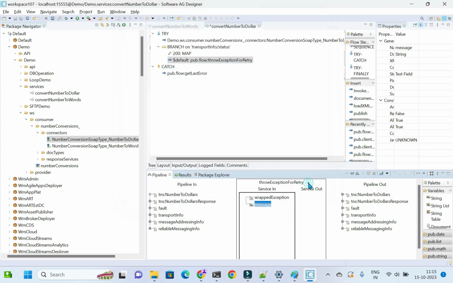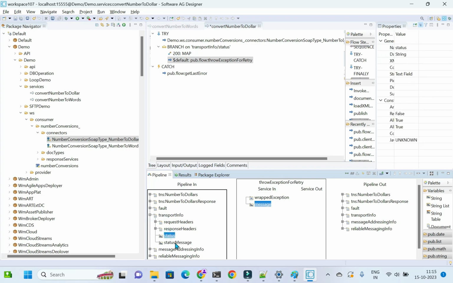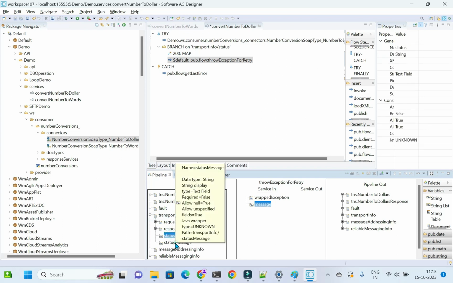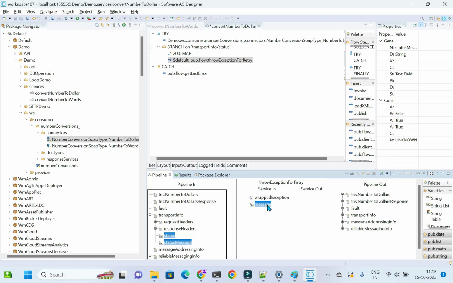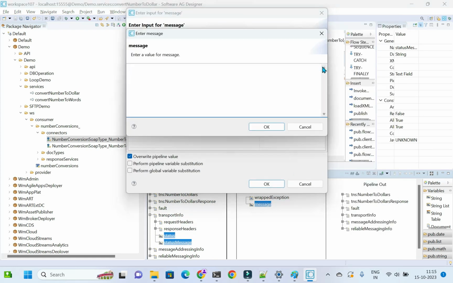Before that, just copy the two variables, status and status message. Status message. Set to value. Failed